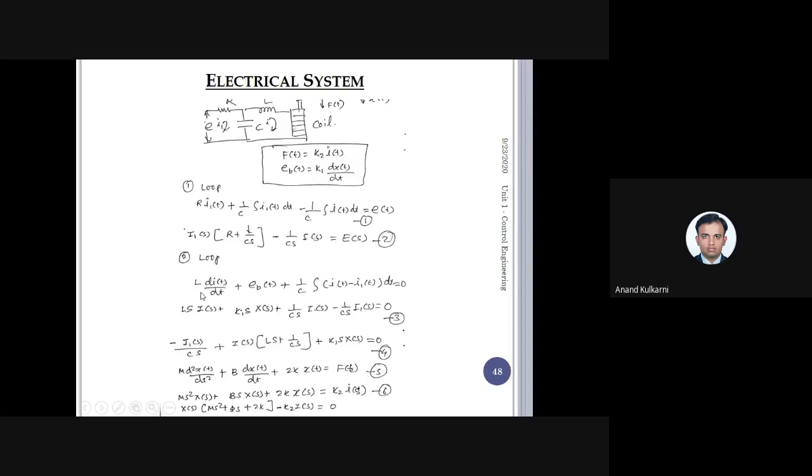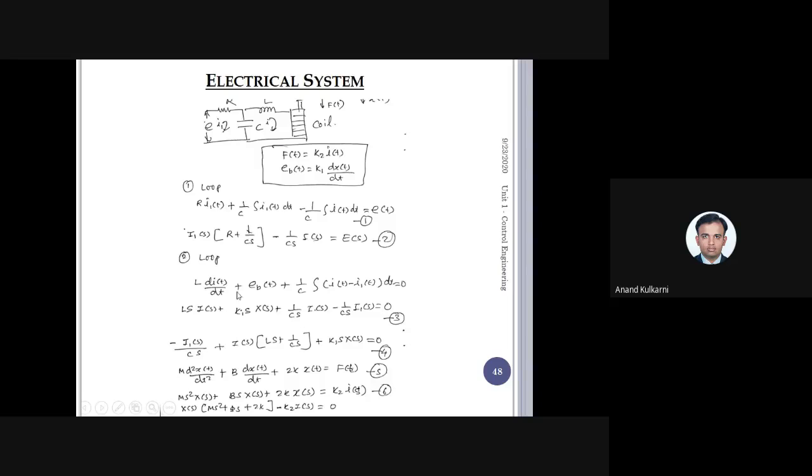So that can be written as L di by dt, I is the current here, plus EB, I will write it as it is, that is back EMF, plus for the capacitor 1 upon C integration of I of t minus I1 of t. For this loop I have written I1 minus I. For this loop I will write I minus I1, and there is no other source of voltage here. So there is no supply voltage here, so that is equal to 0.